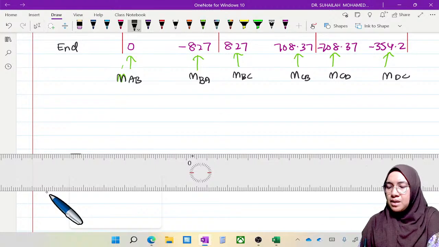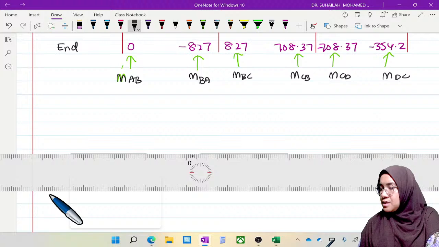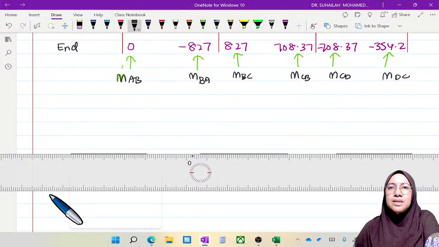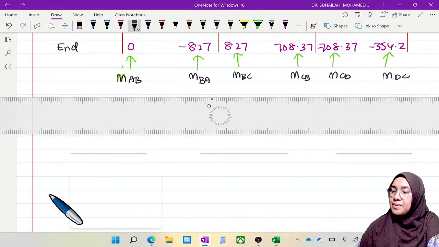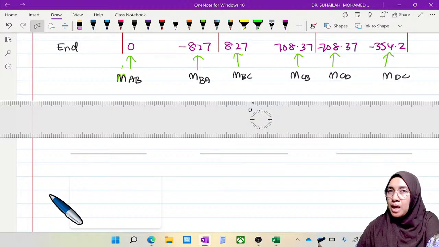We have three elements: AB, BC, CD. I want to show the shortest way to draw the BMD